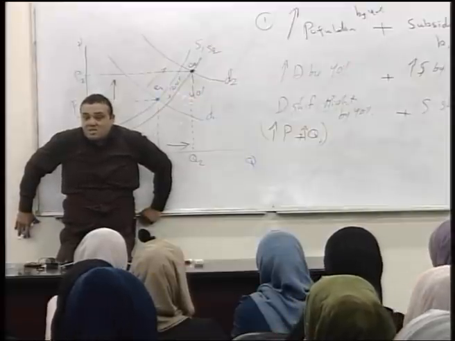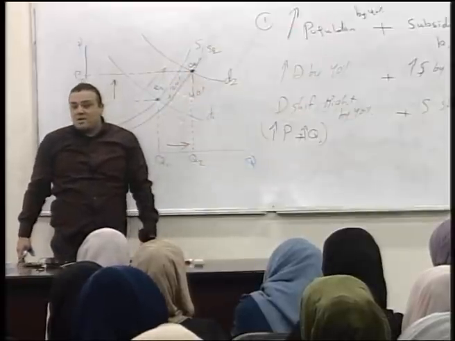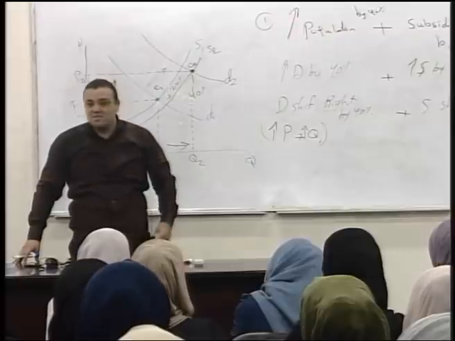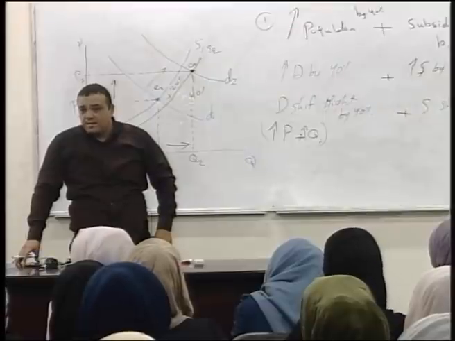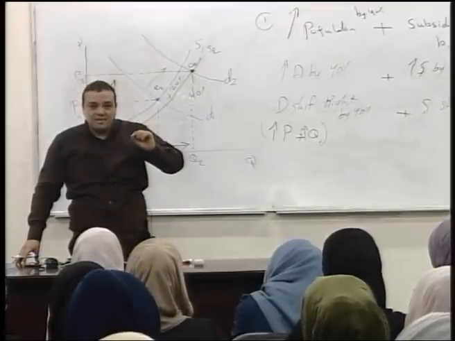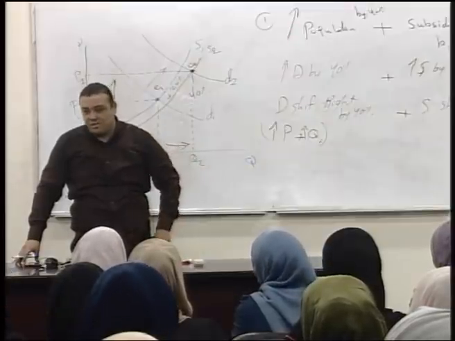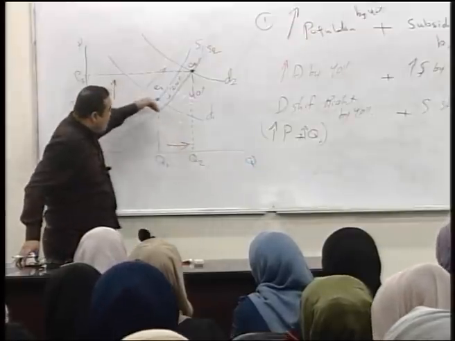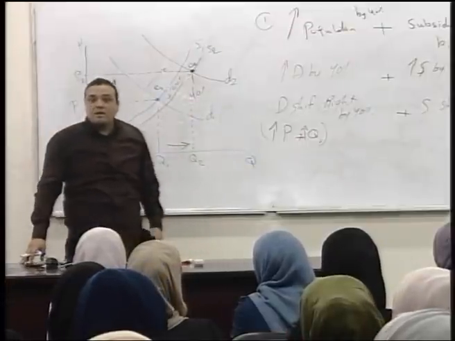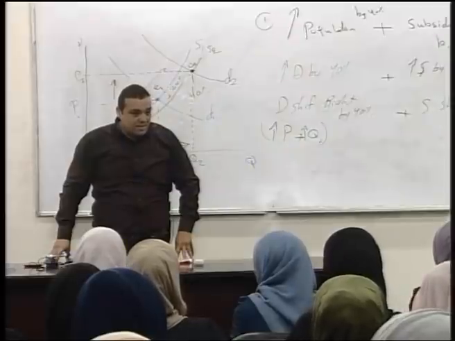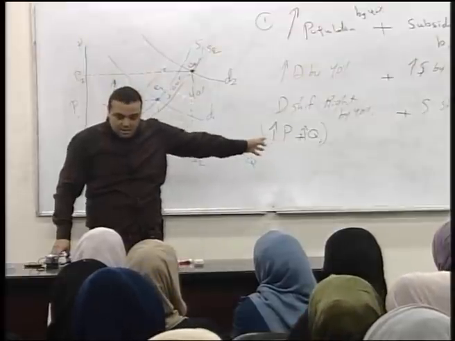The relative magnitudes of a change in demand and supply determine the outcome of market equilibrium. That means the size of the change in demand and supply determines the direction of the change in the market equilibrium. Okay? Let's go to